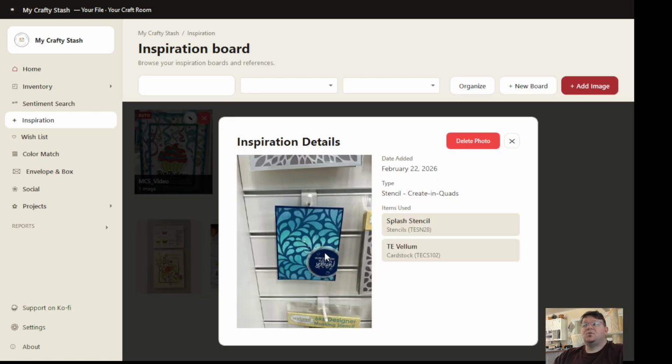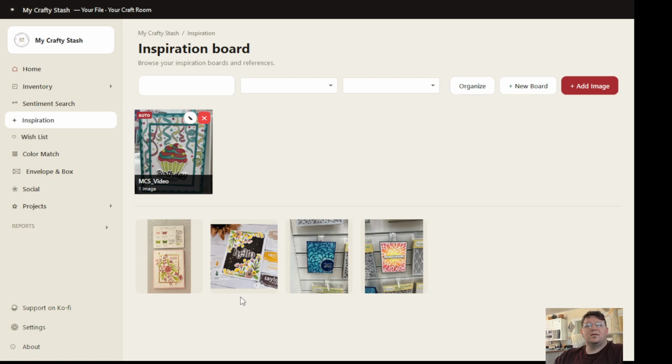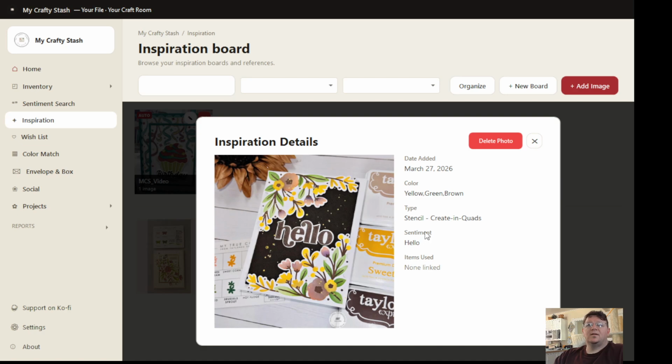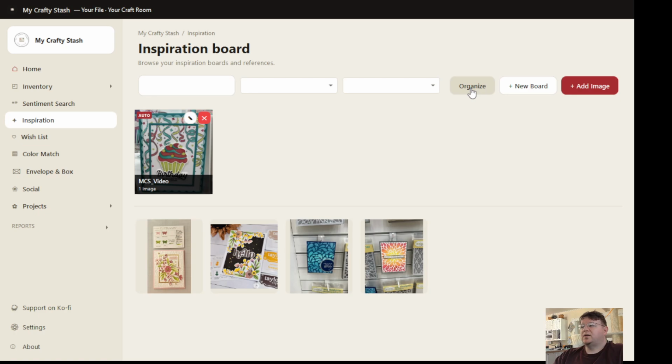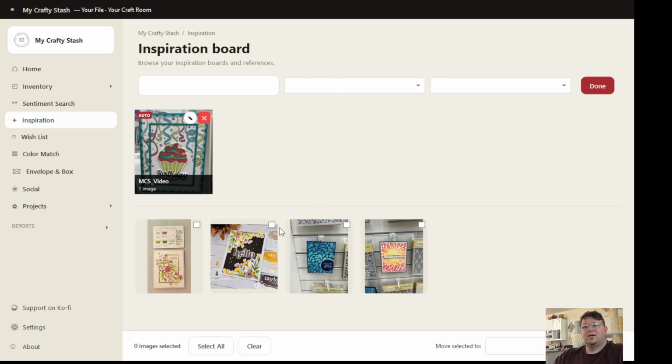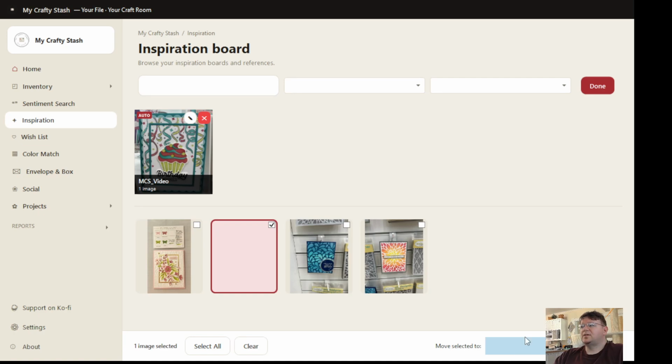Now, if I want to move an item, let's say that's not a quad. Well, this was a quad though. So this was a Create and Quad. Let's say I want to move an item to a board. Well, how can I do that? I don't have a way to do that. So there's two ways. I can click organize, I can select the item, I can click move to, and I can do MCS video. Or